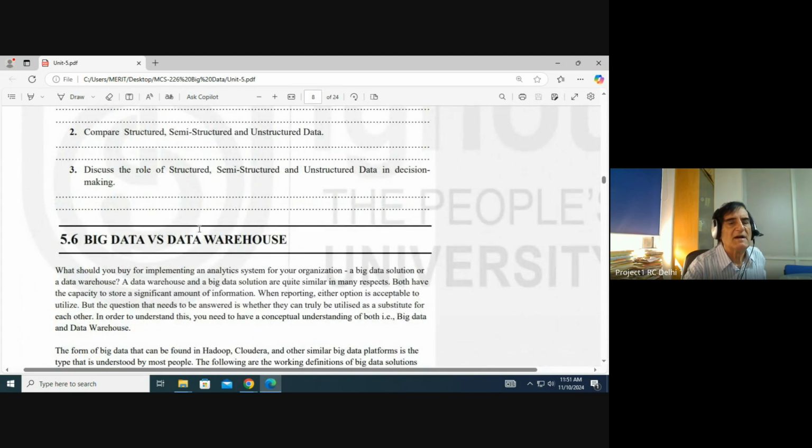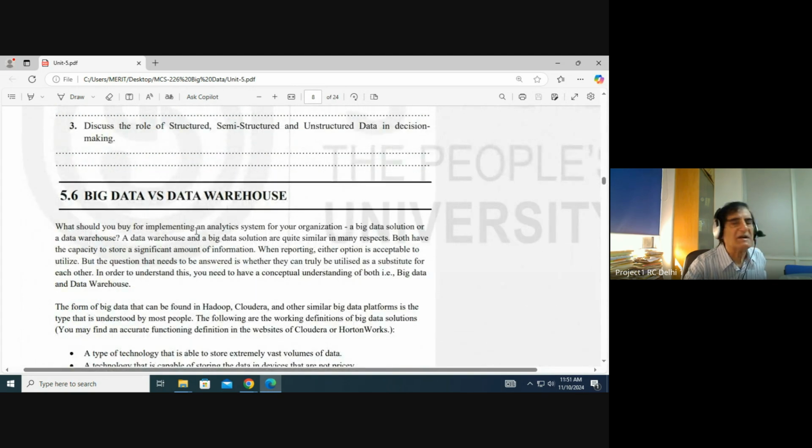Big data versus data warehouse. Data warehouse was an earlier course, some 10, 15 years back when we started. We had put a course in Indraprastha University as data warehouse and data mining as part of the BCA course, BSc honors course. A data warehouse and big data solutions are quite similar in many ways. So both have the capacity to store a significant amount of information. When reporting, either option is acceptable, but the